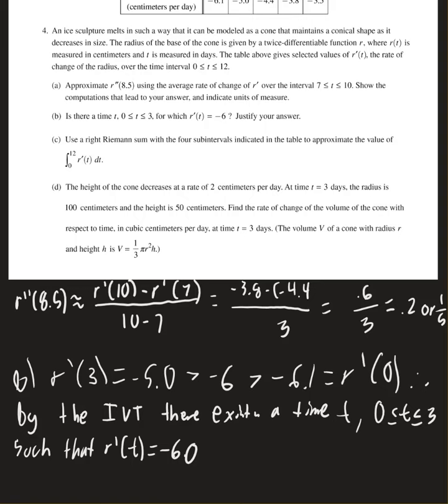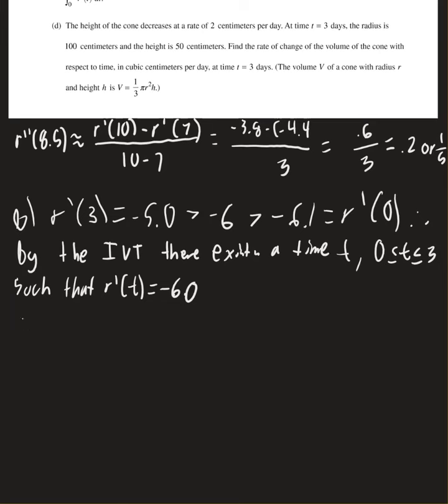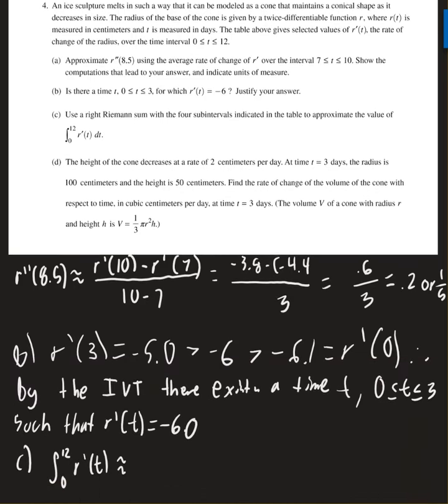the table to approximate the value of the integral from 0 to 12 of r prime of t. So, the integral from 0 to 12 of r prime of t is approximately, the step here is 3. The step here is 4. The step here is 3. The step here is 2. So it is approximately